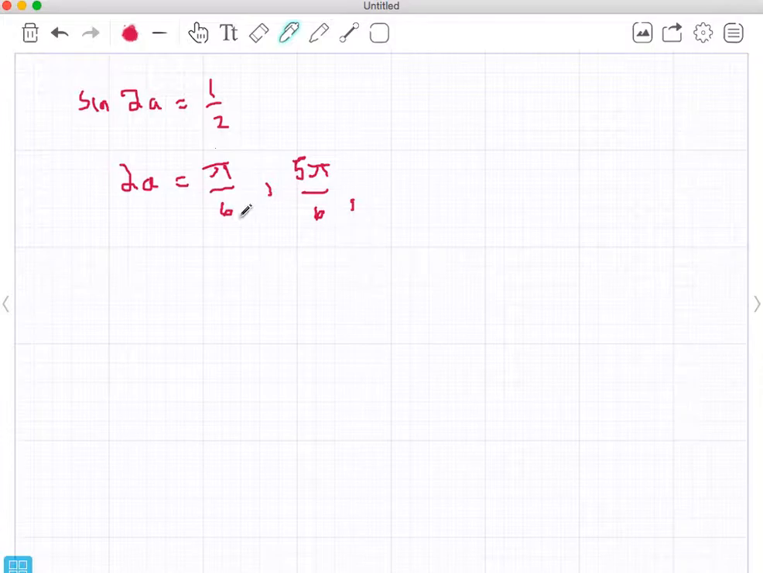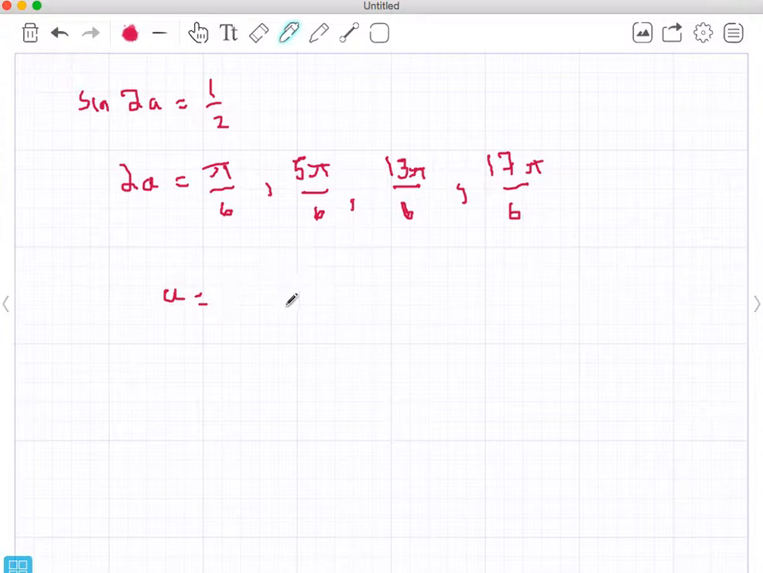So I'm going to add 2 pi to this, even if I don't use this in my answer. It's always good practice, and to remember this if there are other answers that you might come across. So I've added 12 pi over 6 to this one, and I'm just going to do the same there to give me 17 pi over 6. Now this is 2a, but I want a, so I'm going to divide. So this gives me pi over 12,